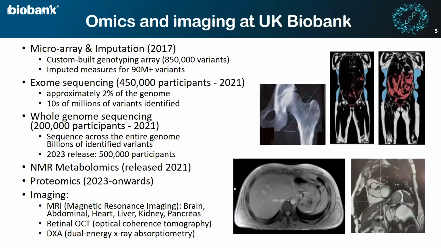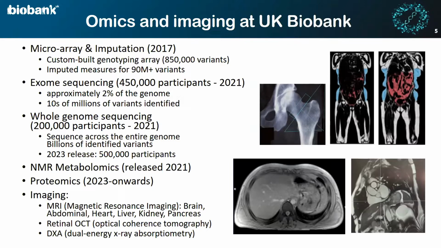So we've got quite a lot of modalities of data. There are, for example, wearables data, but the two most important modalities are the omics data and imaging data. From the omics data, for pretty much all of the participants, we've got microarray genotyping and imputation. The microarray was genotyping around a million variants, and then we imputed more than 90 million variants from the population. Then we are finishing right now the exome sequencing. Last year, we released almost the whole sample already. This is approximately 2% of the genome that is being sequenced, and we identified tens of millions of variants